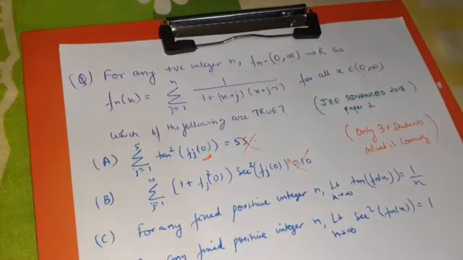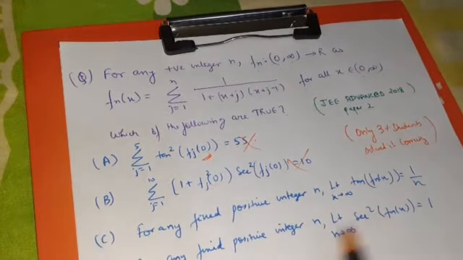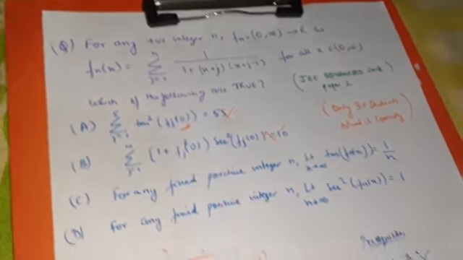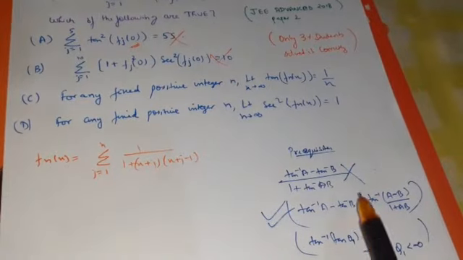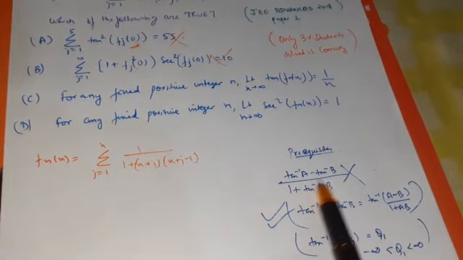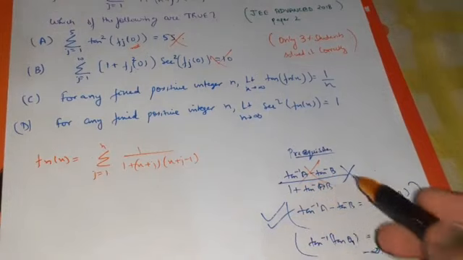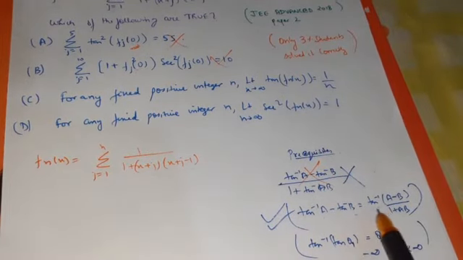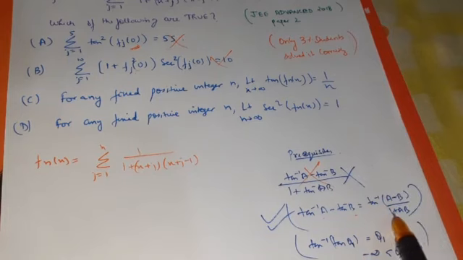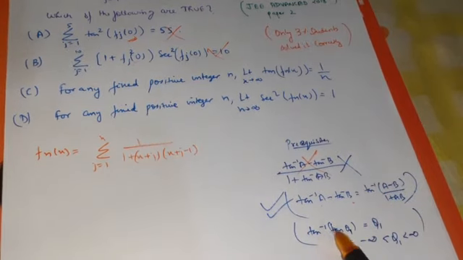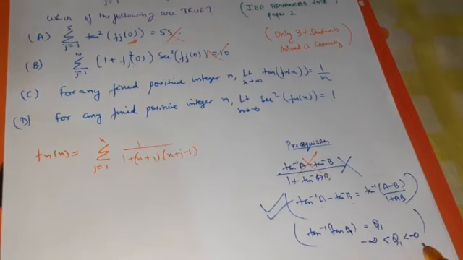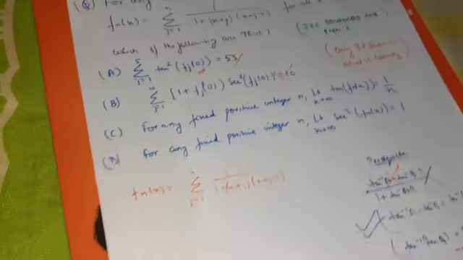Now we have to deal with the next two options. For that, some prerequisites are required. This is not the formula. First, in intense pressure you will think this is the formula. No, no such formula exists. The real formula is tan inverse A minus tan inverse B equals tan inverse of (A minus B) by (1 plus AB), and tan inverse of tan of any number is equal to that number when that number belongs to minus infinity to infinity. Okay, so let's take this function and simplify it.